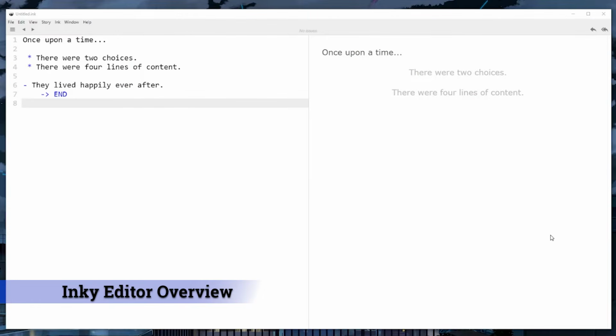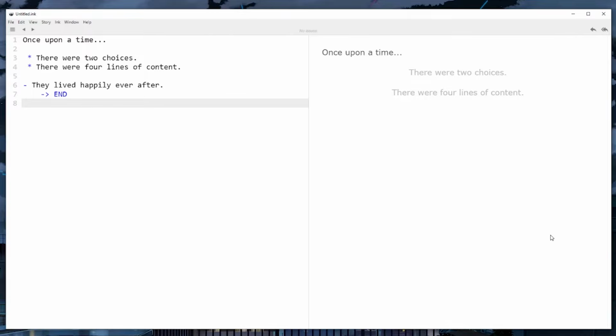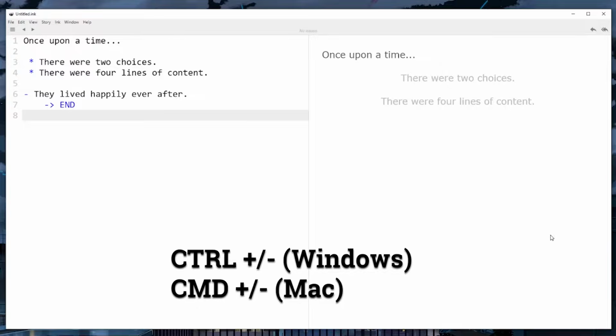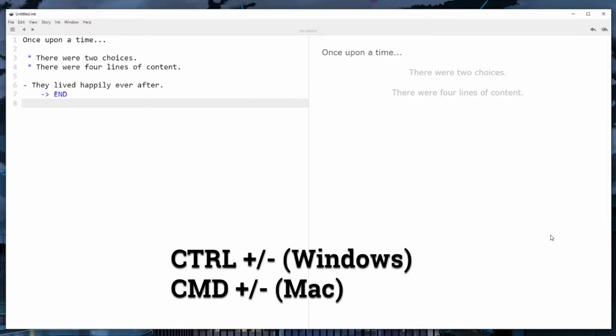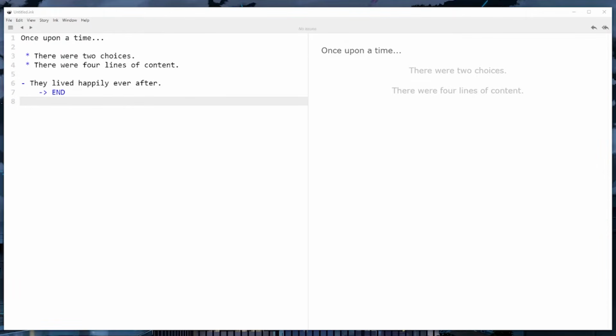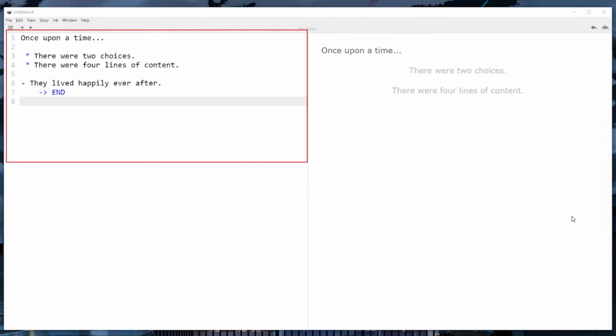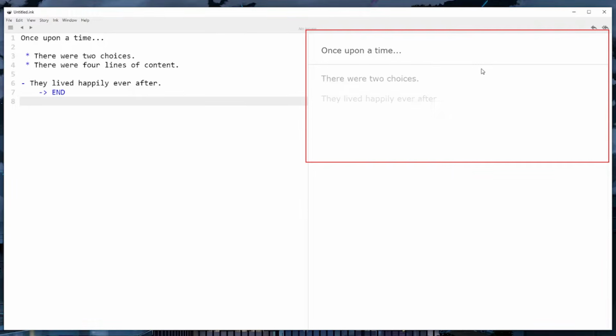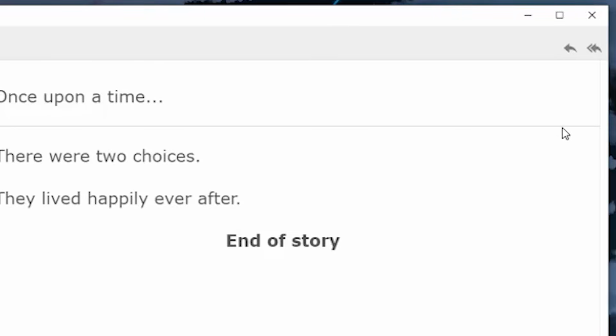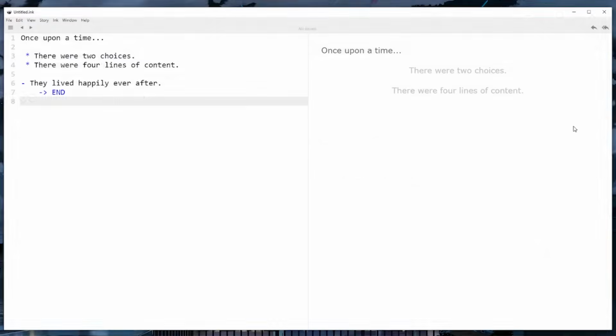Once downloaded, you can launch the program, and you should see some sample dialogue. You can use the shortcuts Ctrl+ to make the text a bit bigger, and likewise Ctrl- to make it a bit smaller. The dialogue in an Ink file is referred to as a story. The left-hand side is the editor, which we can use to create the story, and on the right-hand side we can interact with the story that we're creating. We can then use the top arrows to go back by one step in our story, or go all the way back to the beginning of the story.